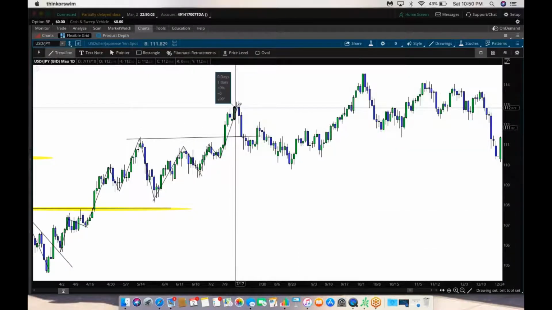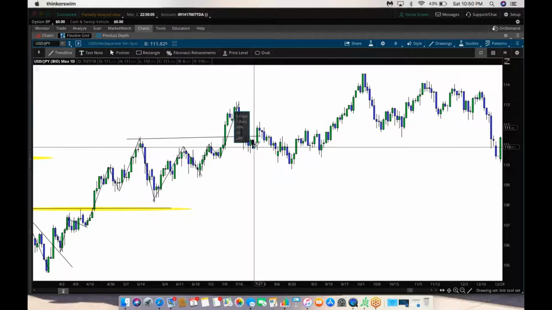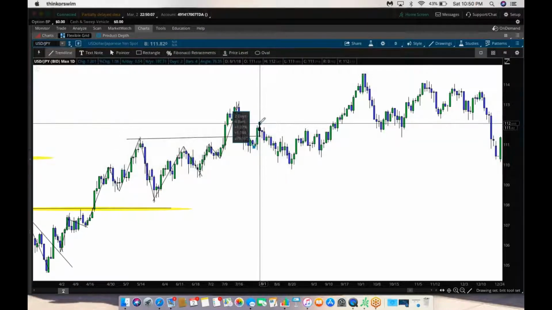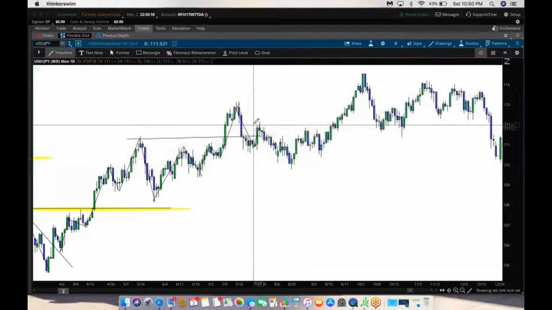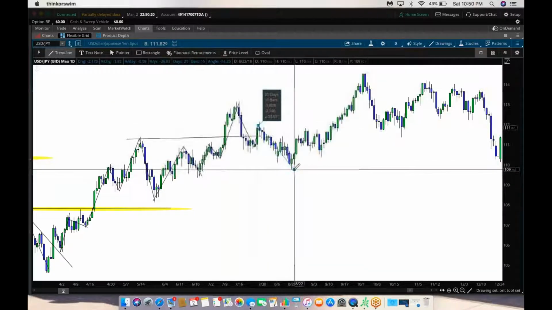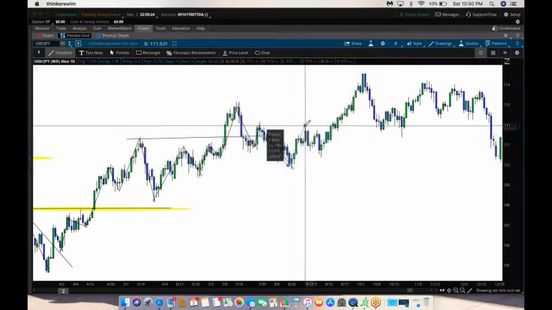So you just want to use the rules of order flow. Order flow is just that the orders deplete every time the market goes to that price. So it's going to have to continue to reach further to collect enough orders going in that direction. As you can see, it came down here to collect way more orders, came back,